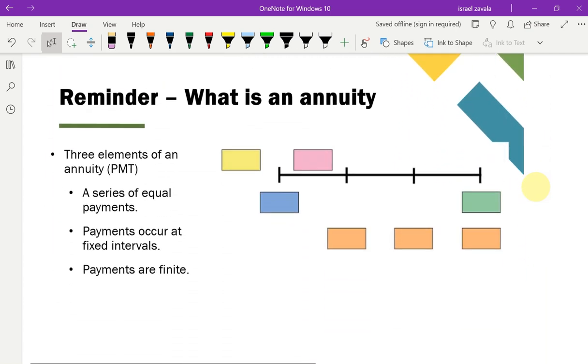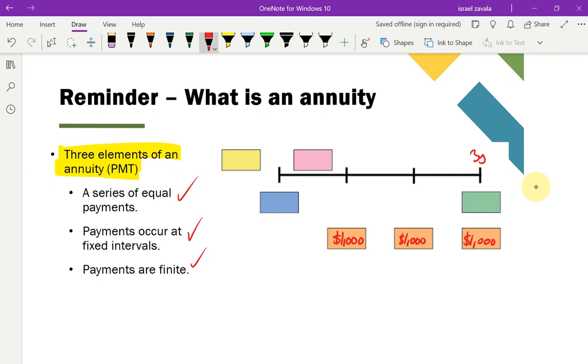Okay, so just a quick reminder of what is an annuity. There are three elements to an annuity. The first one is it's a series of equal payments. That means that if we set our annuity to 1,000, it's going to be 1,000 for every year, and it's not going to change from that. It's not going to be higher one year or lower another year. The payments occur at fixed intervals, for example, at the end of every year, and the payments are finite. They end. So, for example, in this case, they end after 3 years, which means we have 1, 2, 3